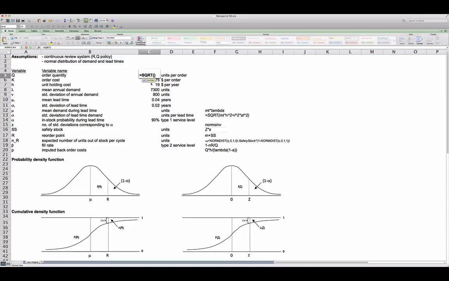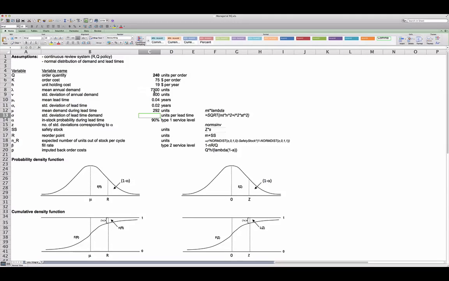So let's jump right in and take a look at the order quantity Q. It is the square root of 2 times annual demand times the order placement cost K divided by the holding cost per unit per year, H. In this case, 240 units. And then I simply move on down. Notice that all my demand and lead time information is given in years, so no conversion is necessary, such that I can calculate mean demand during the lead time as lambda times mu sub tau,